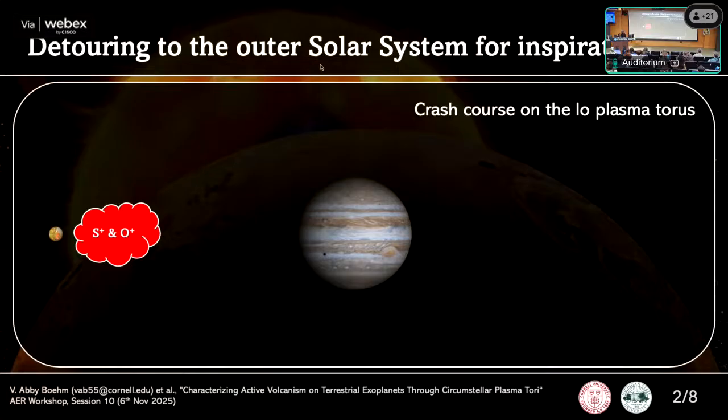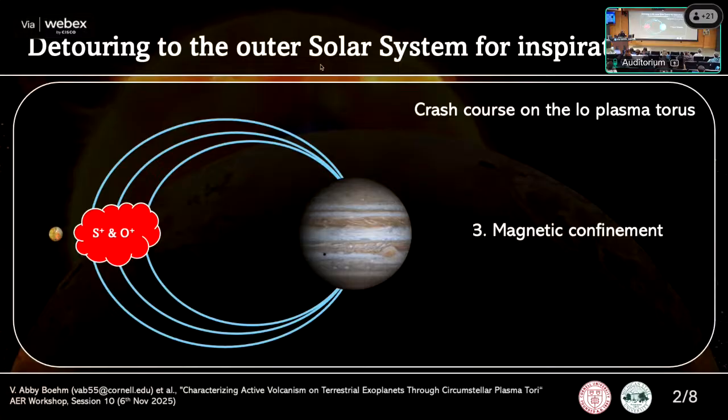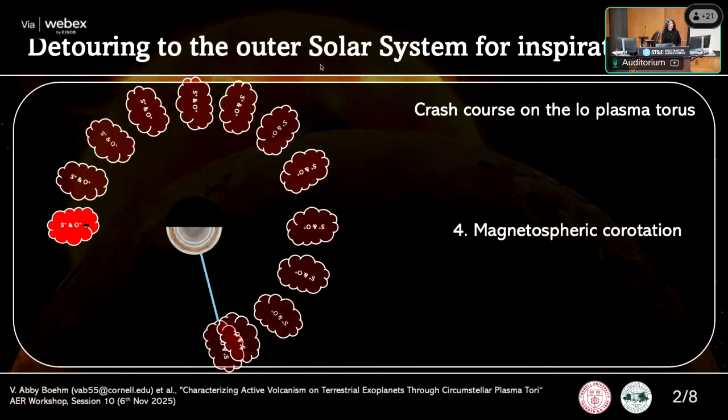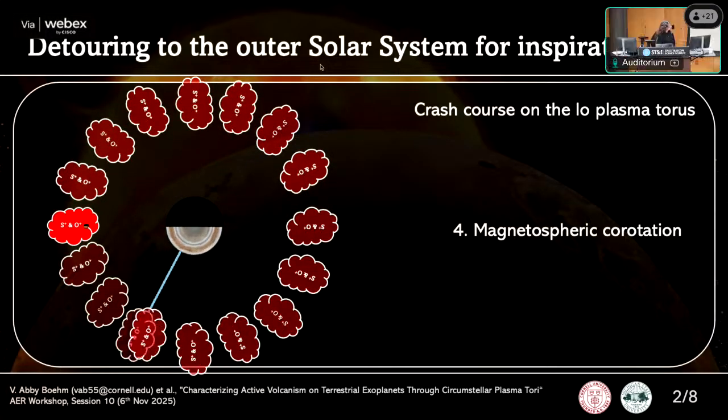These are relatively lightweight, so they escape very readily, where they are then intercepted by Jupiter's very powerful magnetic field. Now, this plasma cloud is rarefied and highly conductive, which means it is subject to magnetic confinement by the magnetic field, which basically means that this magnetic field is going to lock onto that cloud and force it to move alongside the magnetosphere. Jupiter's magnetosphere rotates much faster than Io's orbit period. It's roughly 10 hours as opposed to 42 hours for Io's orbit. And so what's going to happen is that these ions are going to be dragged away from Io and spread out all throughout its orbit path, slowly building up a big circumplanetary torus of plasma entirely supplied by Io's ongoing